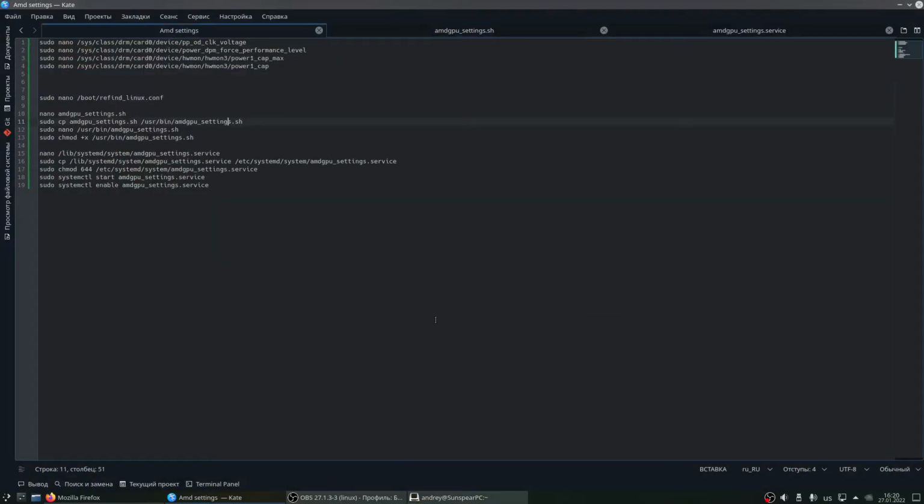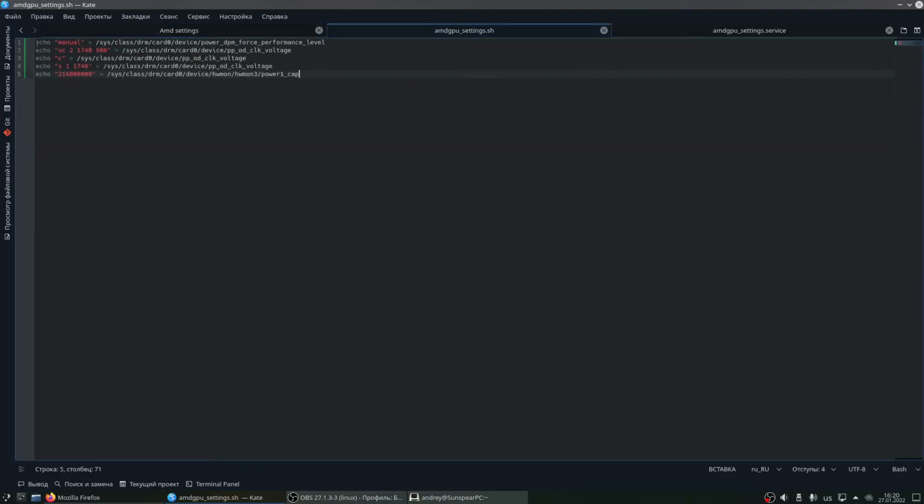The next thing you should do is change the settings to those that you want. You can just echo these values to files in /sys/class/drm and so on. So for example, echo manual to change auto settings to manual settings, change P-state 3, like in Windows, this is VC2, frequency and voltage.